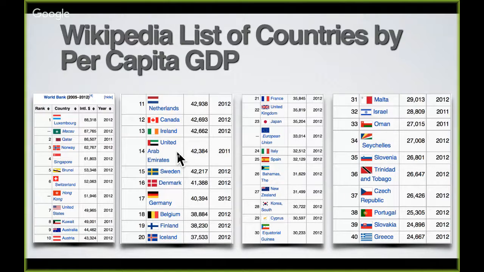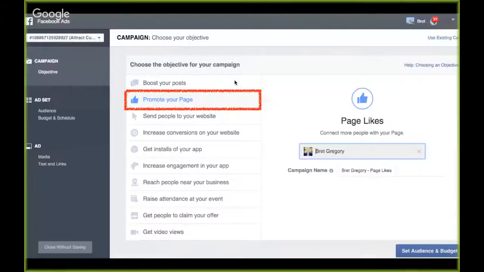But it turns out that it doesn't matter where in the world you live, you can reach anybody, anywhere in the world. And I love that. So my point here is, don't just limit yourself to your own city or your own country. Expand your mind and broaden your horizons. One easy way to do that is by using the global ad secret, so using more than just your home country to try and get likes in. So when you're going to create your page likes campaign,